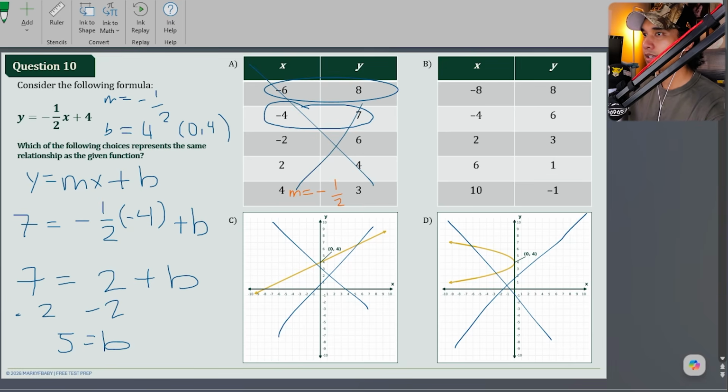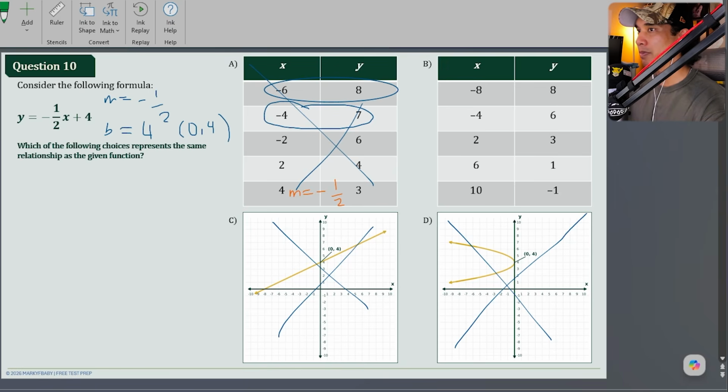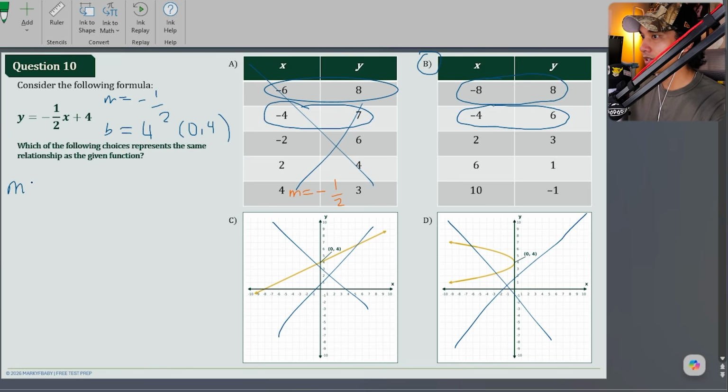A is incorrect. Now let's go ahead and do everything that we did for the table on A for B. And on the test, though, I would just choose B and go. You know, I don't need to do this. But for our confirmation, because we are practicing, let's go ahead and test B to make sure it's right. So again, m is equal to the change of y over the change of x. And I'm going to choose my numbers here, 6 minus 8, right? 6 minus 8. And then we have -4 minus -8, giving us